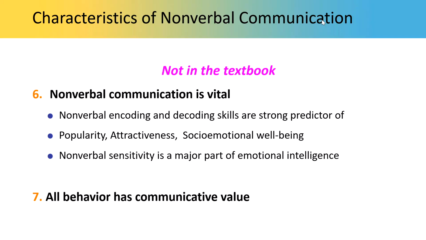So many people who are on the autism spectrum have a hard time reading nonverbals, and they tend to be, I'm not saying all people, a little bit on the outside of the group